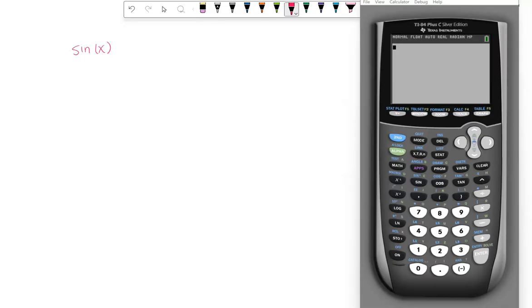So it's a series, and it is x minus x cubed over 3 factorial plus x to the 5th over 5 factorial